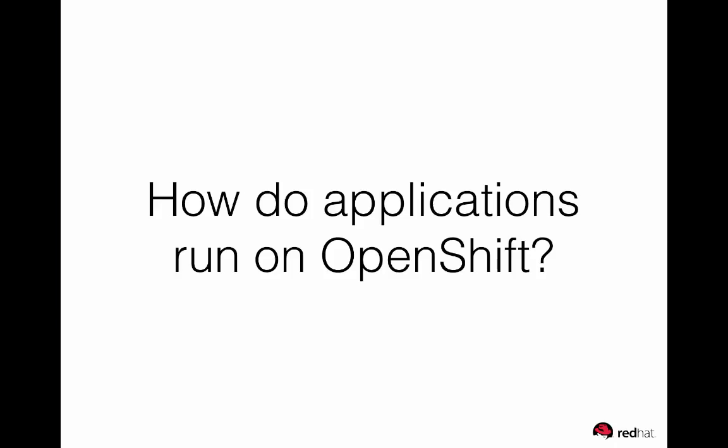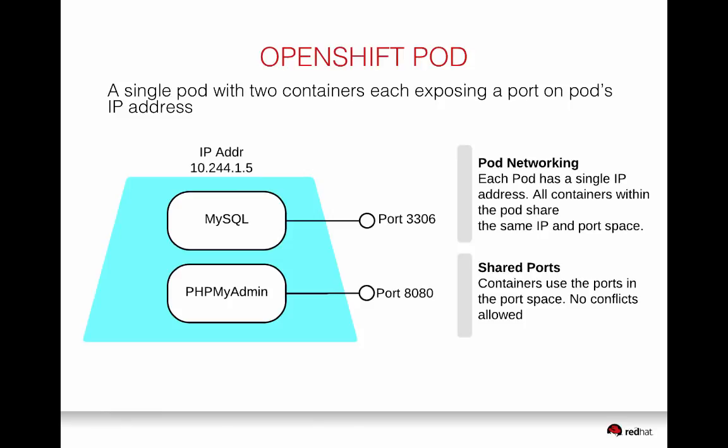So how do applications run on OpenShift? The first one, for those who are new to OpenShift, everything in OpenShift runs as a pod. Pod is the first class citizen in OpenShift. If you are taking an application instance or an application component instance and creating one instance of that, that's running